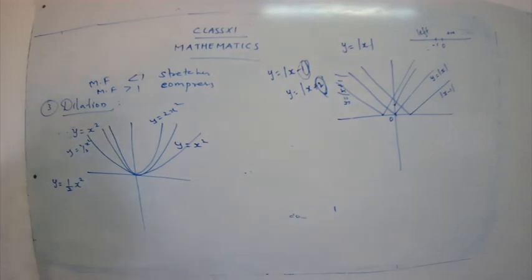We are going to plot four more curves: y is equal to minus x cube, y is equal to x cube plus 1, y is equal to x cube minus 1, and y is equal to x plus 1 the whole cube, with the same scale. We are going to follow the same graph, and you are going to have a small transformation. We may use reflection, translation, or dilation. So let's see how to apply the different transformations and get the required answer.